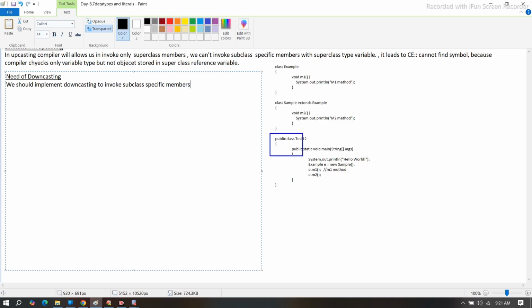So here we face a certain kind of problem. Why? Because we are unable to call this method m2 which is there in the subclass. So to rectify these issues, downcasting came into the picture. Based on downcasting, we can call the subclass specific members,